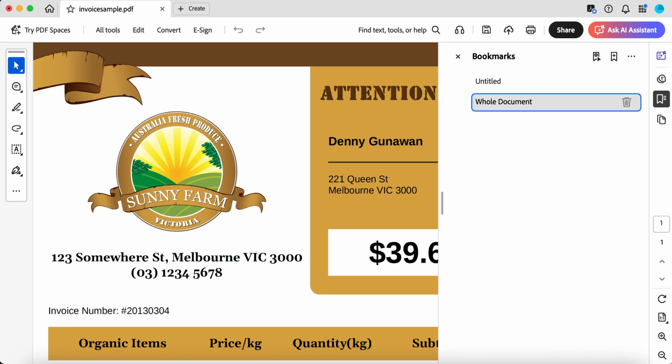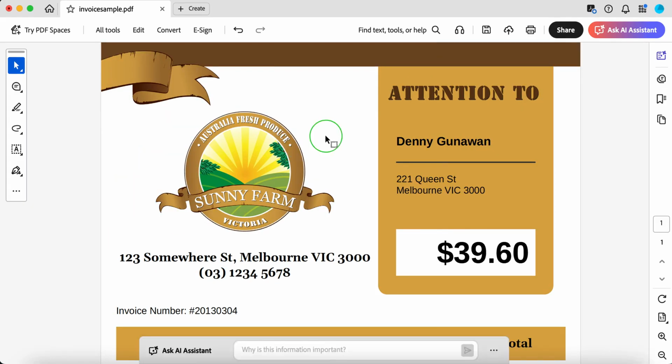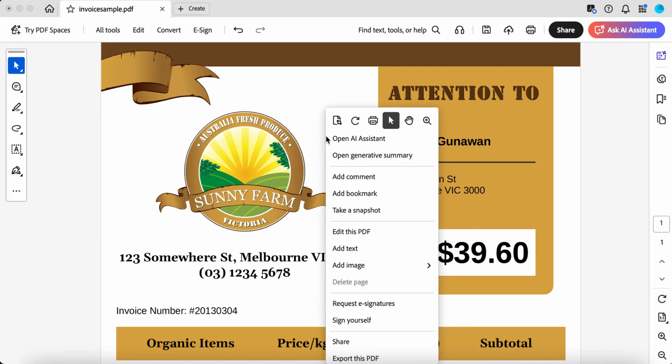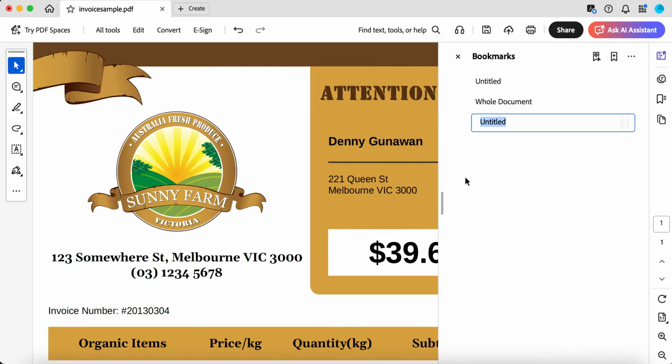If you prefer an even quicker approach, try right-clicking on the page. Again, open your PDF in Adobe Acrobat and navigate to the page you want. Right-click anywhere on the page and choose Add Bookmark from the pop-up menu. A new bookmark will appear in the Bookmarks panel. Click on its name to rename it to something meaningful, then press Enter. This method is handy when you're actively reading and want to mark a spot without moving your focus to the